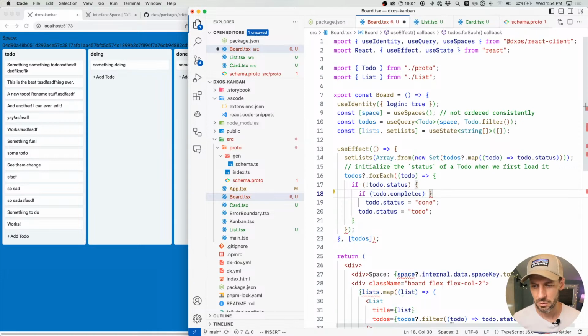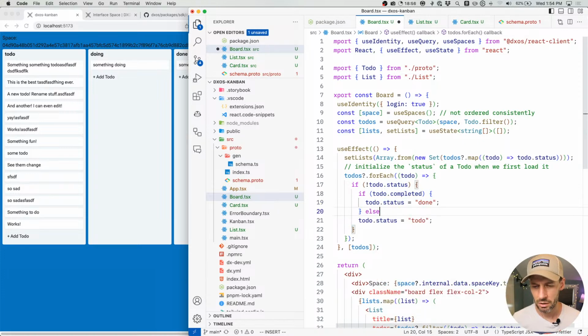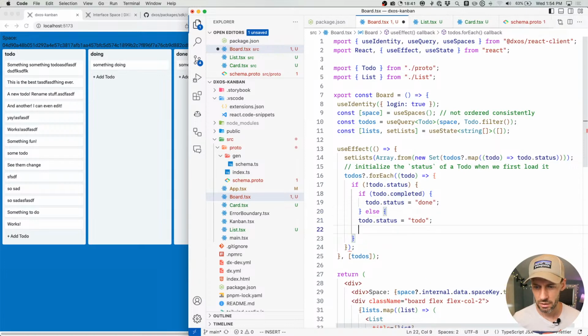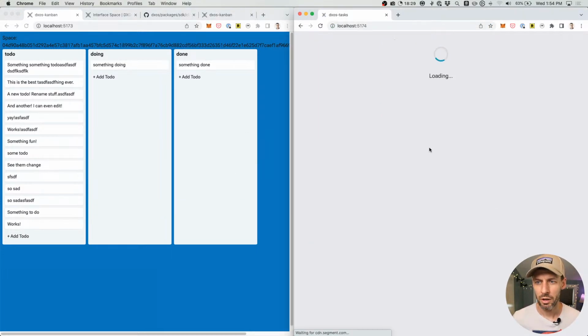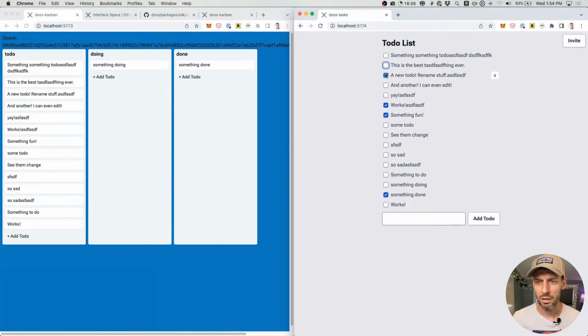Actually, we can do an else here. Else if to-do is not completed, I mean, I can just have an else, then set the status to to-do. Unfortunately, these have already been initialized. So we'll actually need to go over here, refresh, and